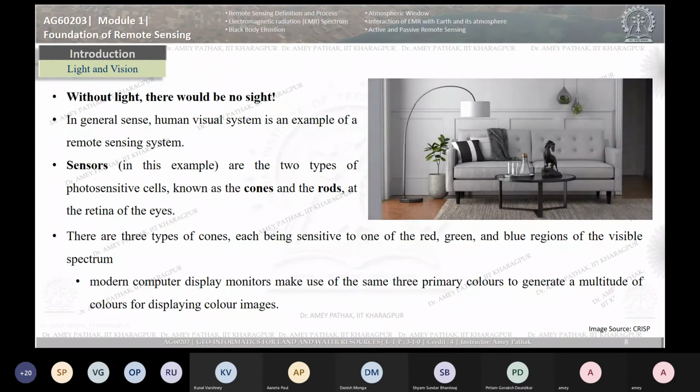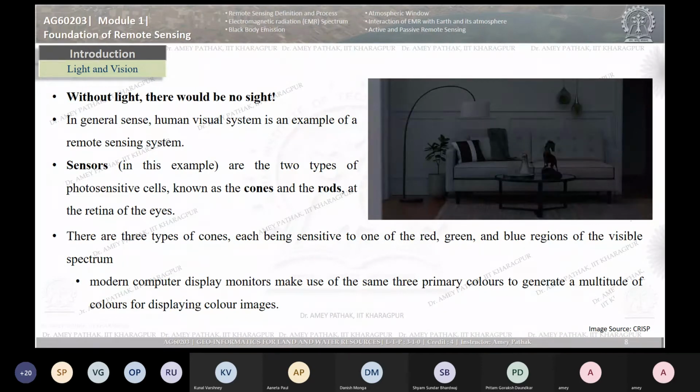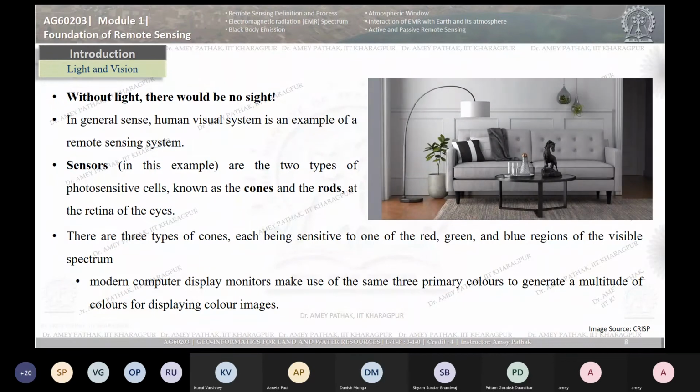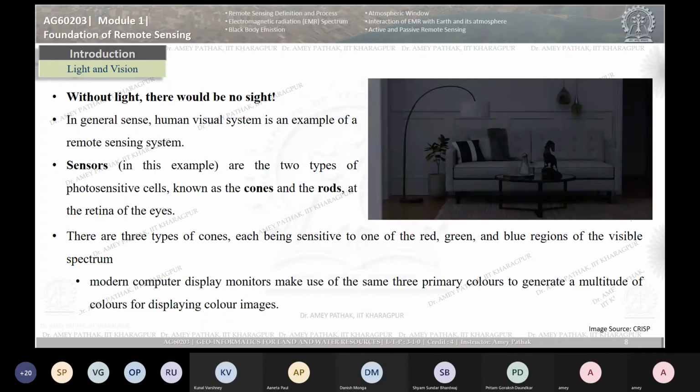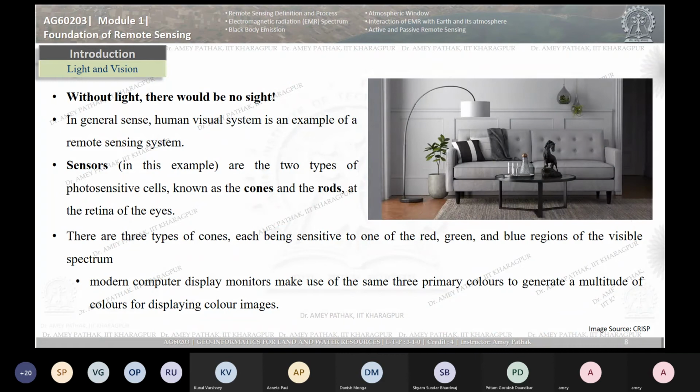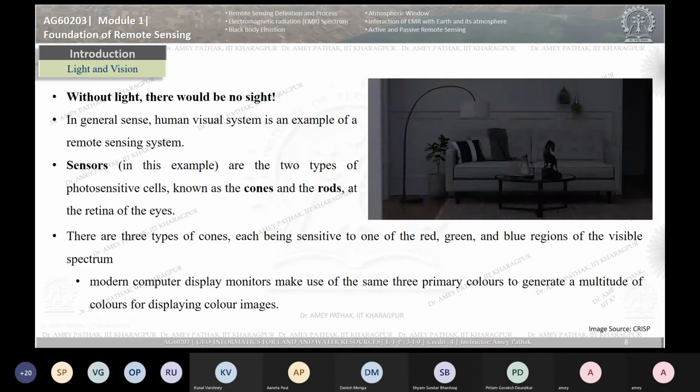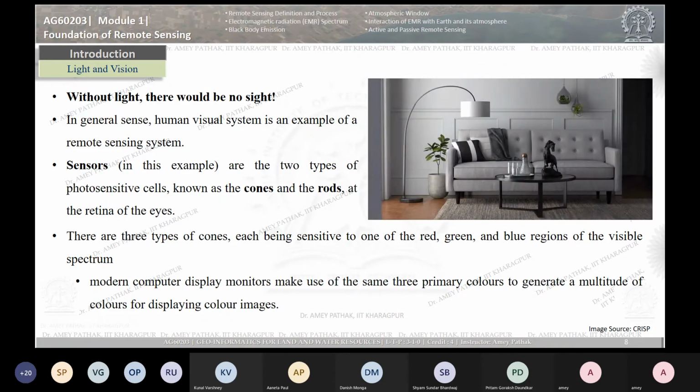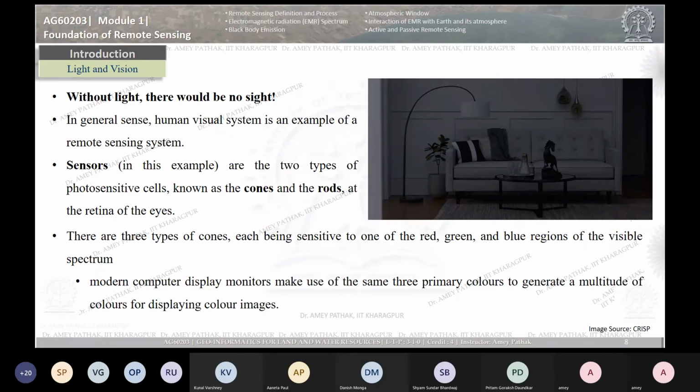So visible light is a combination of red, green, blue, as you might have studied in your high school. So VIBGYOR: violet, indigo, blue, green, yellow, orange, red. That is your visible spectrum. Whatever color we see in our day-to-day life is a combination of red, green, and blue. So our eyes have three receptors to perceive the intensity of those three bands, red, green, blue, and according to that, the colors appear to us.